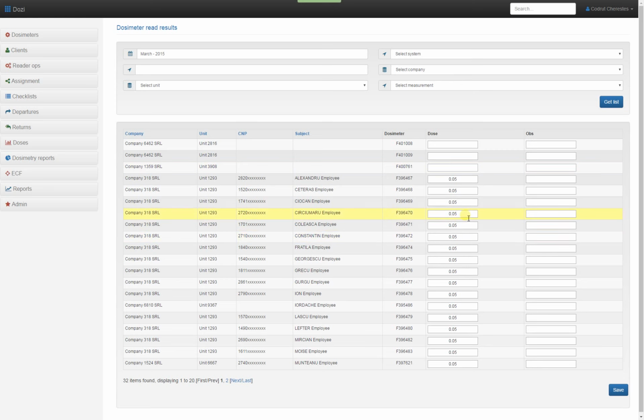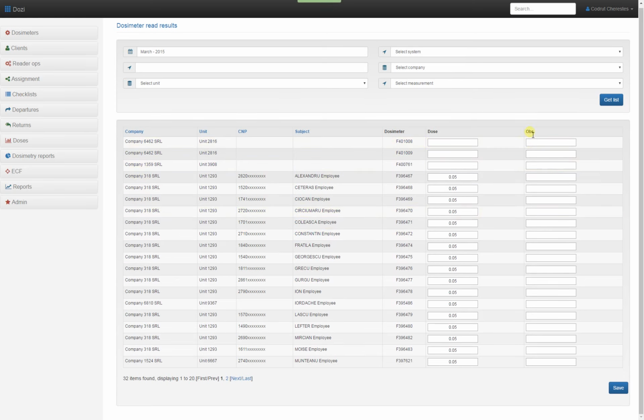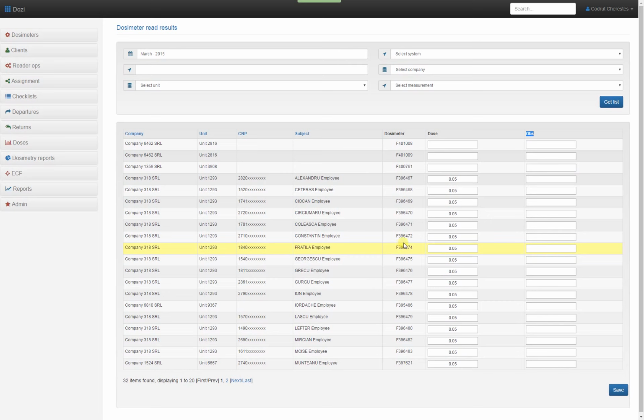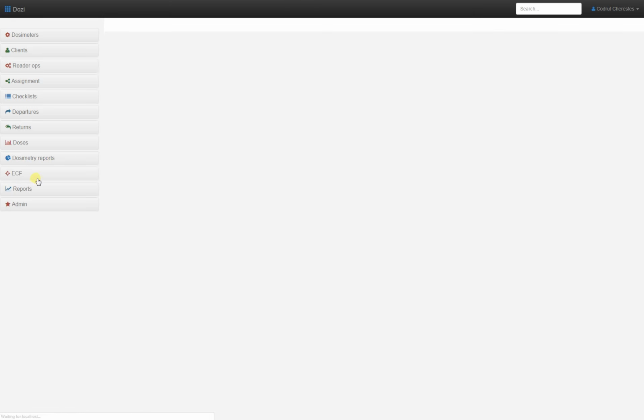In this section, these are observation fields. Here it's a dose. You can have a default minimum dose set. Once everything is set for a specific month and user, you need to go to dosimetry reports,